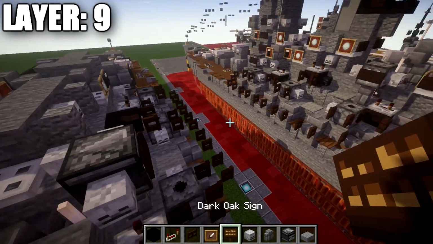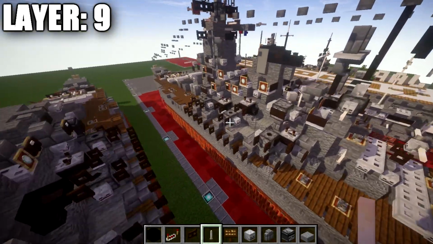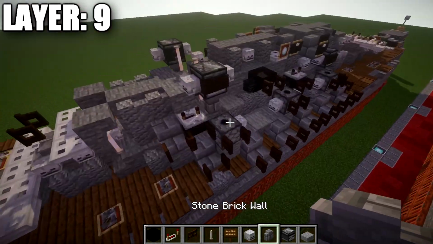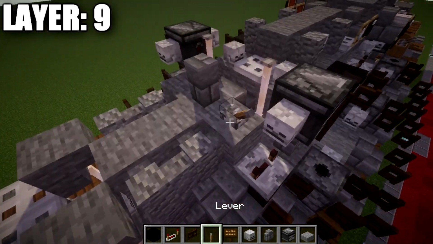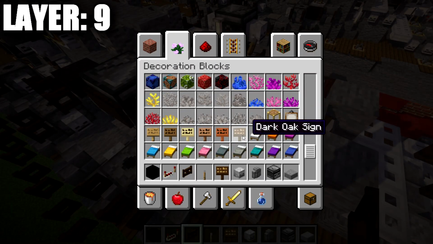And once that's finished there on the center here, we're going to place down an end rod that goes up from those 2 right there, and we want to then place down a stone brick wall here in the center. Now we're going to grab our levers. We're going to place down a lever here on top of these 2 stone blocks, and then take our item frames